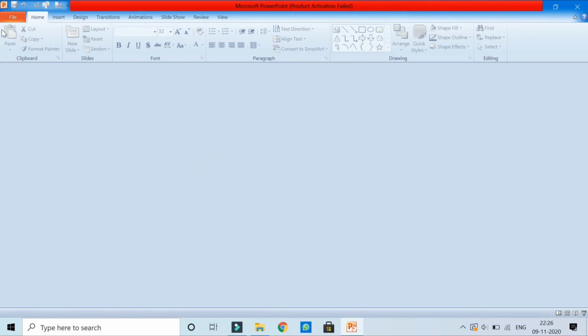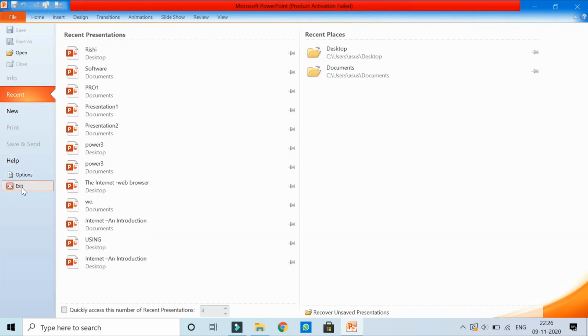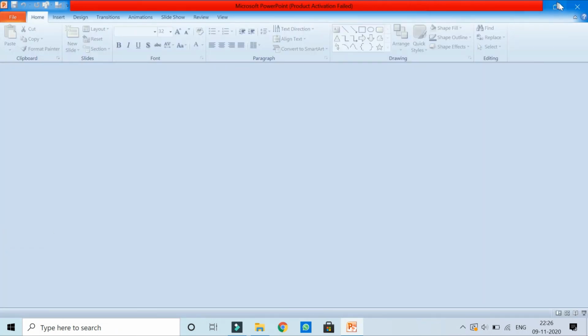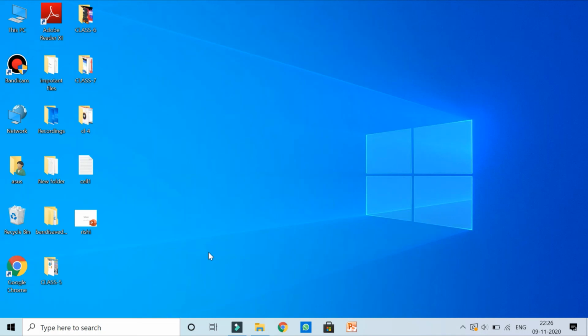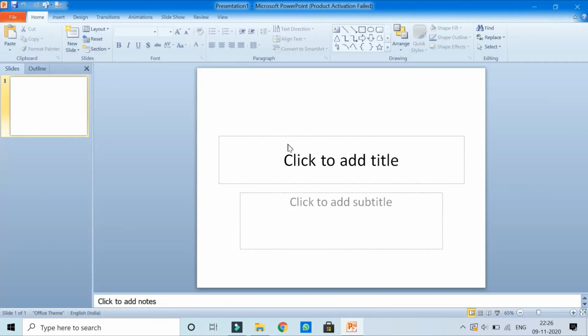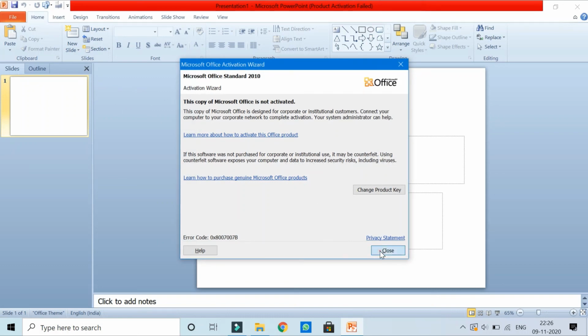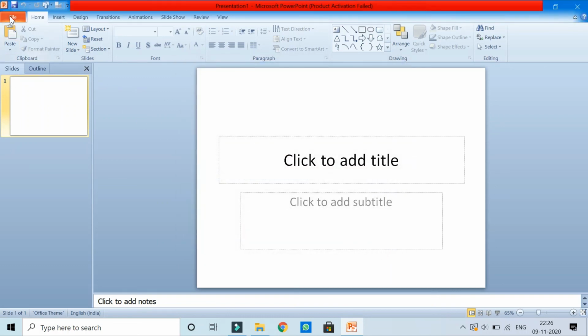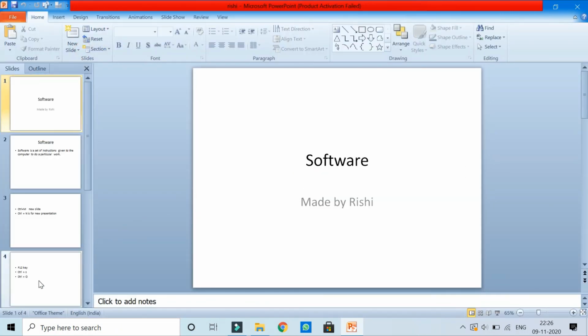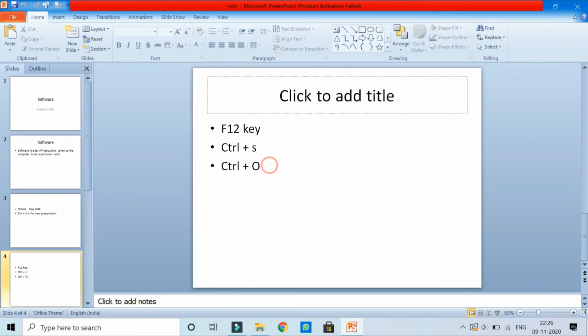Now if you want to close the application, what will you do? Simply go to File and say Exit. This is the first method. Or you can close it from the red button at the top right corner and click on this close button. Or you can press the Alt plus F4 key also. So I'm just opening my Rishi file, and then I will use the shortcut key for it.